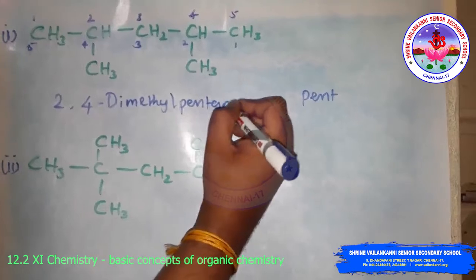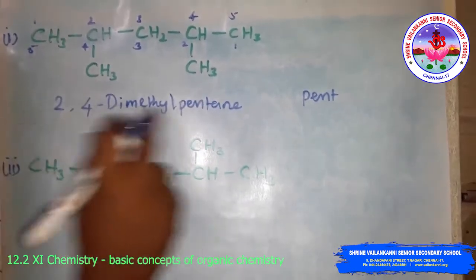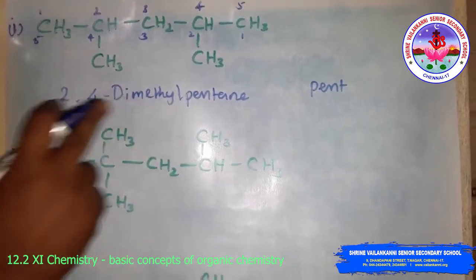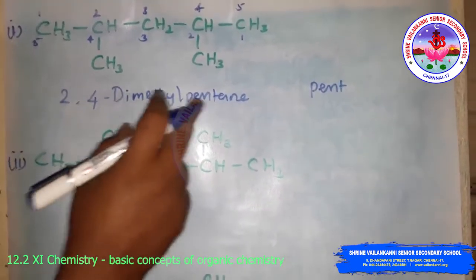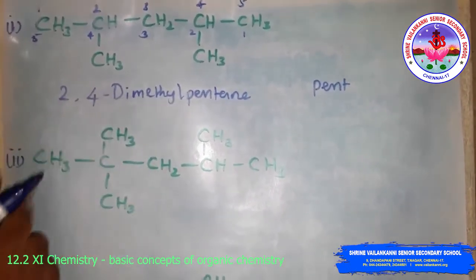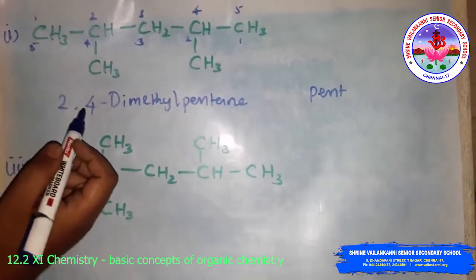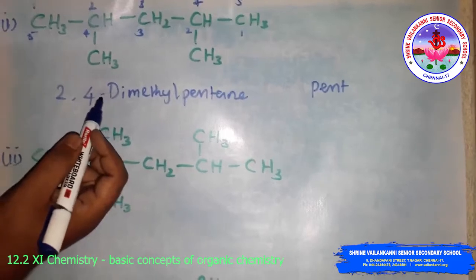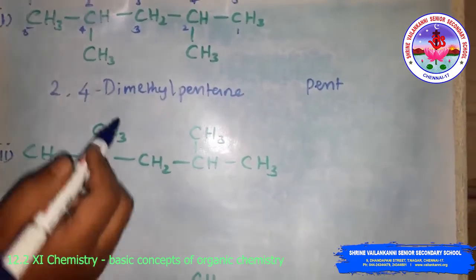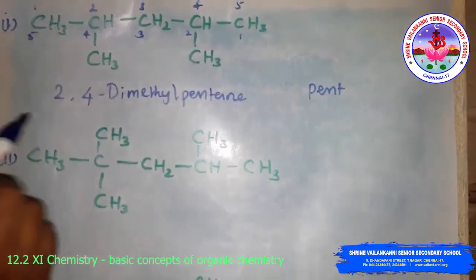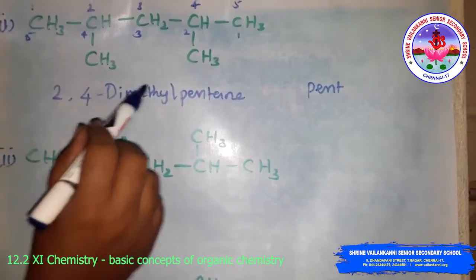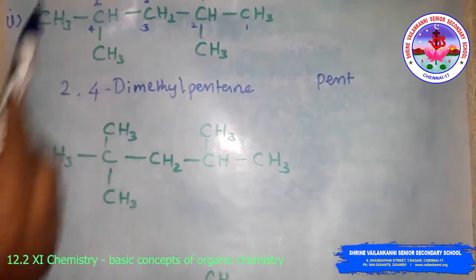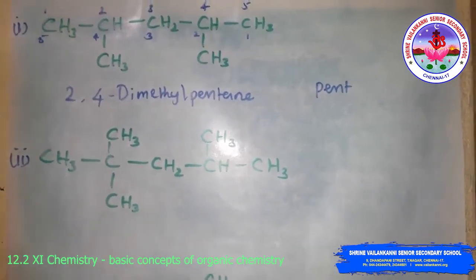You have to write it as a single word. There is no space between the numbers or whatever it is. Okay, the wording is like this. You have to use a comma for 2 numbers, and where the numbering ends, you have to use a hyphen. Then this is a single word: 2,4-dimethylpentane. Then second, look at this compound here.